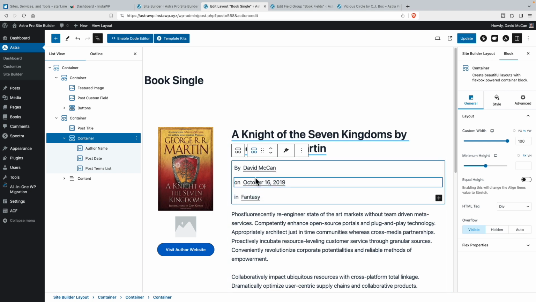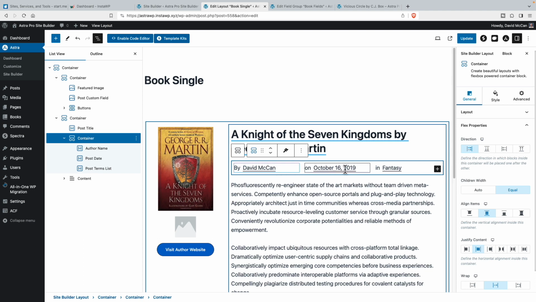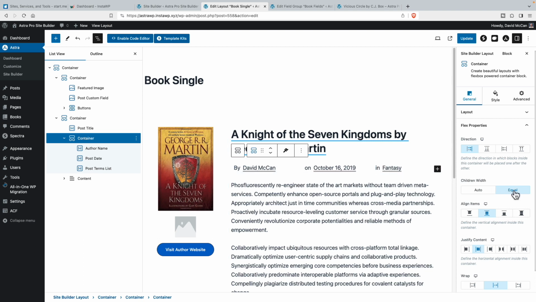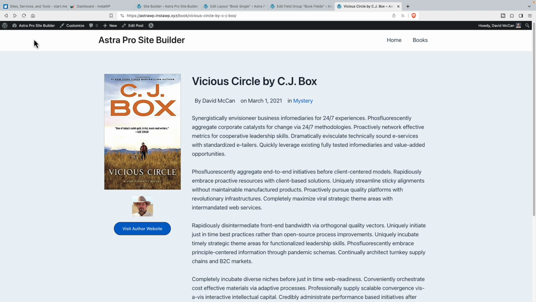Now let's set these to go in a row. So I'm going to go to the flex properties, for here we're on the container, and I'll set it to be a row. So that's pretty good. It's going across. I see it says equal. So let's set it to auto and see what happens. Okay, good. Set it to flex start and update. Okay, now let's go to the front end again and refresh. Awesome. All right, so that's our single post template for custom post type created using the new Astra Pro Site